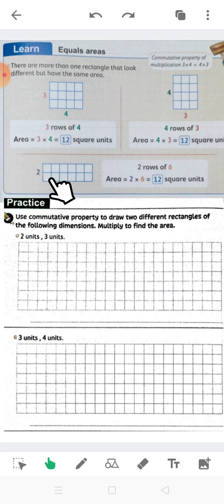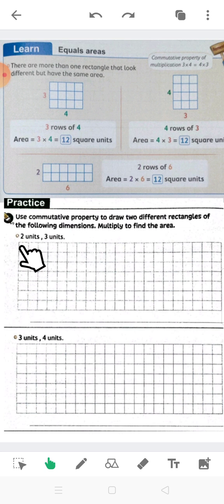Looks different. Okay, how many rows? 2. How many columns? 6. 2 times 6 equals 12 square units. Here we have: use the commutative property to draw 2 different rectangles of the following dimensions, multiply to find the